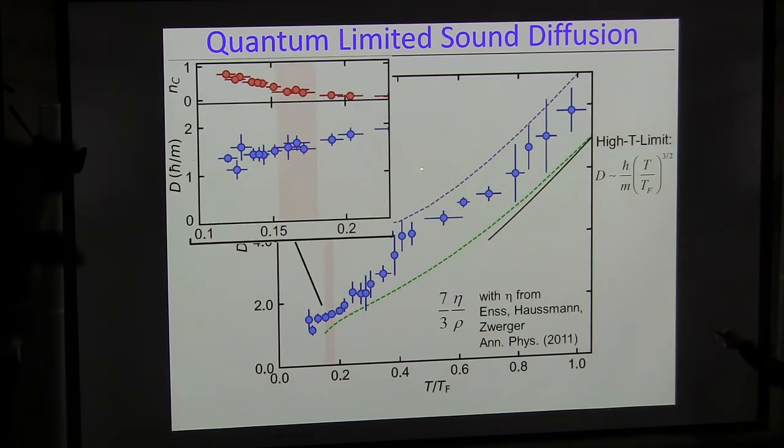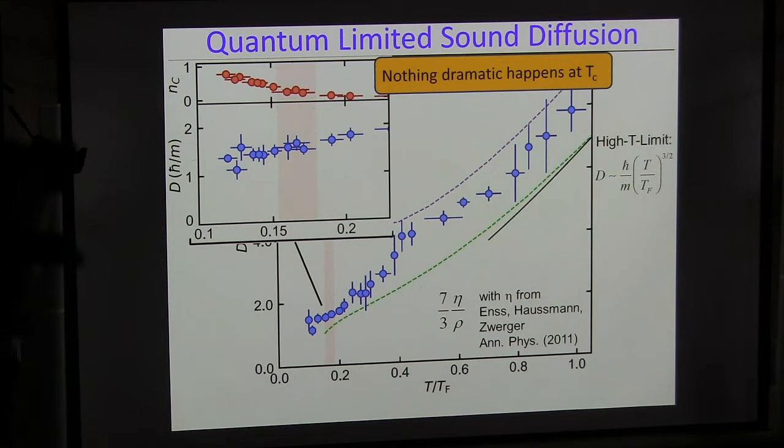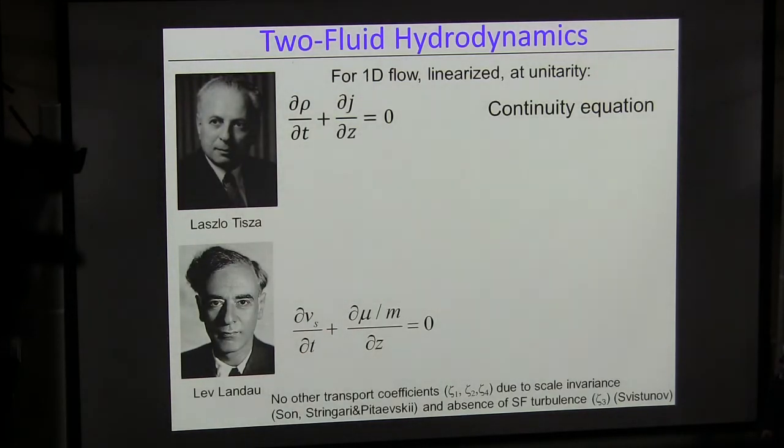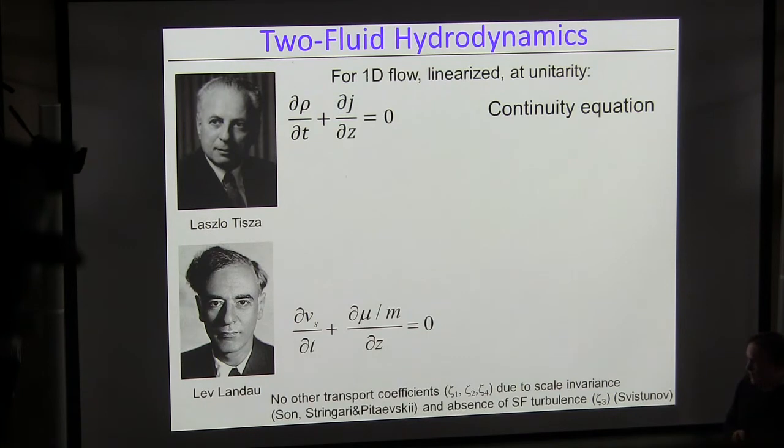What is interesting is that nothing special happens as we cross Tc. So this is the diffusivity through Tc. The condensate fraction starts shooting up, but there's nothing special happening in the diffusivity. So that we understand now, because we have a Fermi gas, and we should not see a viscosity that suddenly goes to 0 or something like that. What then is so cool about the